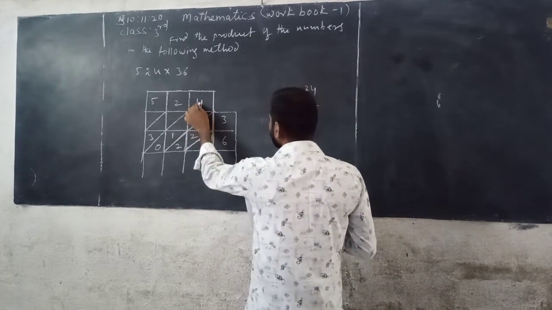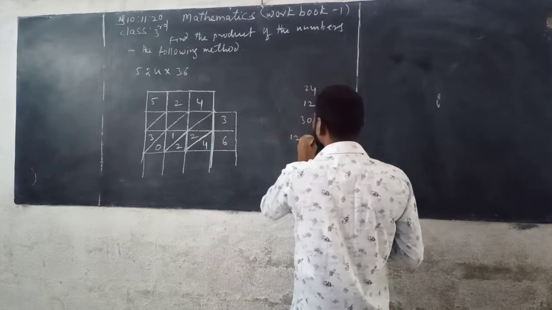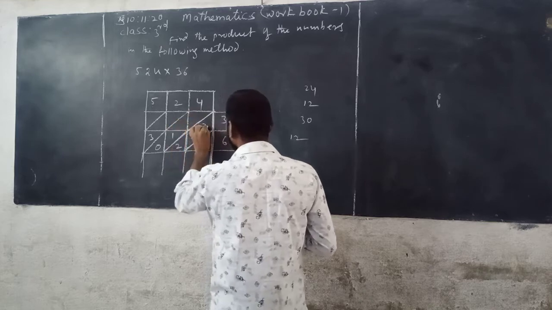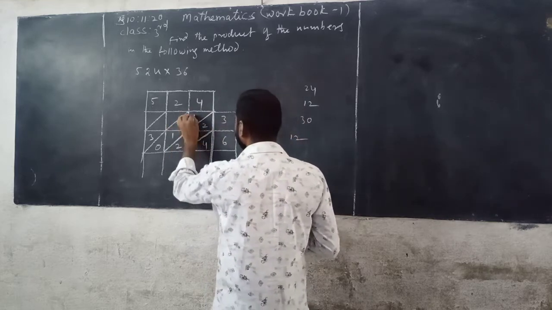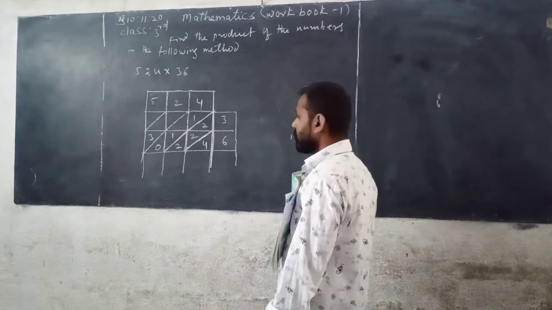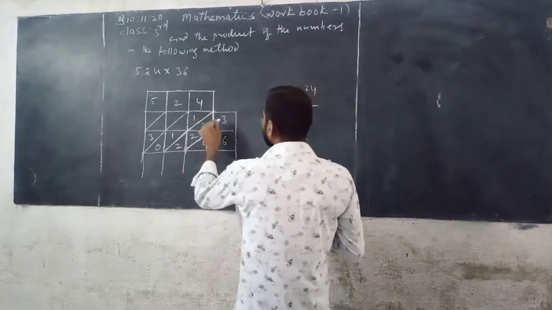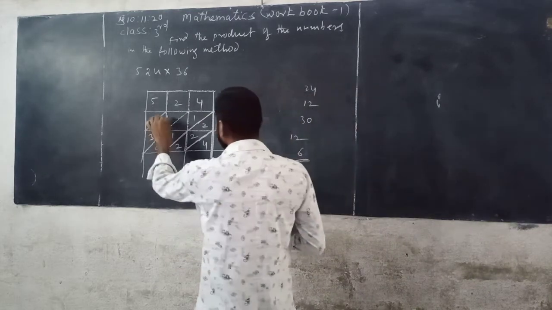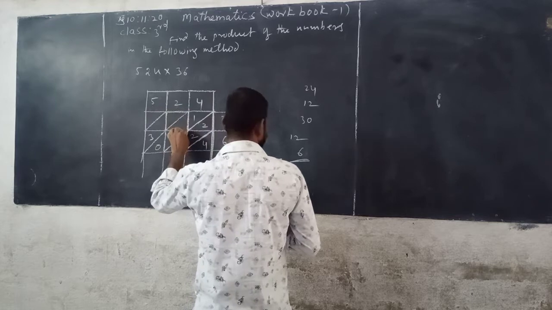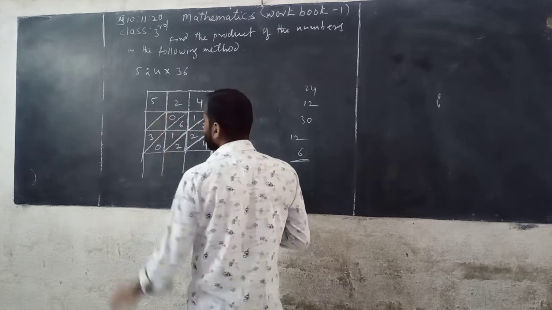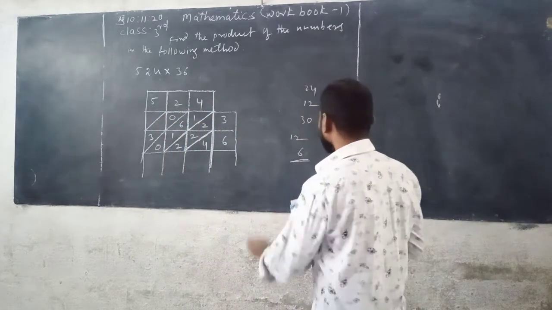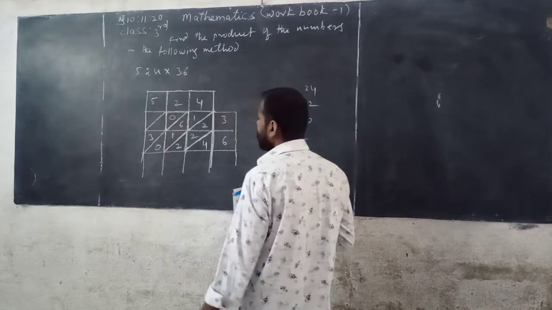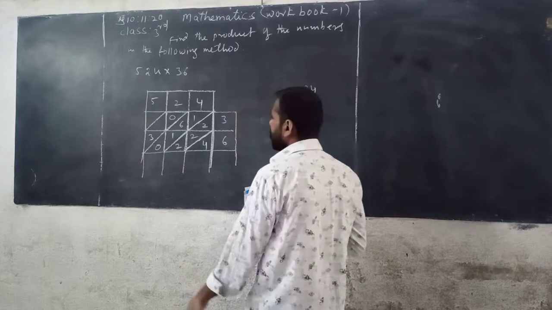Now next, 524 is multiplied by 3. So 4 is multiplied by 3, 3 4s are 12. You can write in this cell. So this is the diagonal. You can write 2 below the diagonal in the cell and you can write 1 above the diagonal. Now next, 3 2s are 6. 6 is a single digit, so you can write 6 in the given cell below the diagonal, and there is no number, so you can write 0 instead.